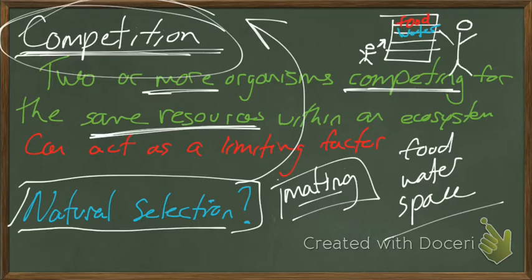Let's put that there and there and there. So between these two individuals, who's going to get that food? Who's going to be successful in getting that food? Well, it's obviously going to be the tall person, because they can reach for it. And again, really poor example. This isn't how life actually works.